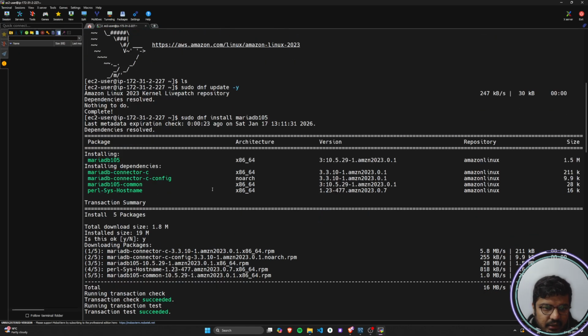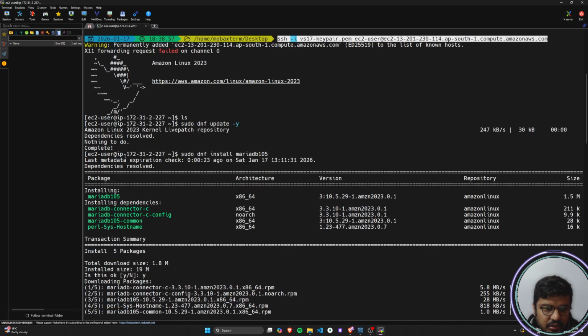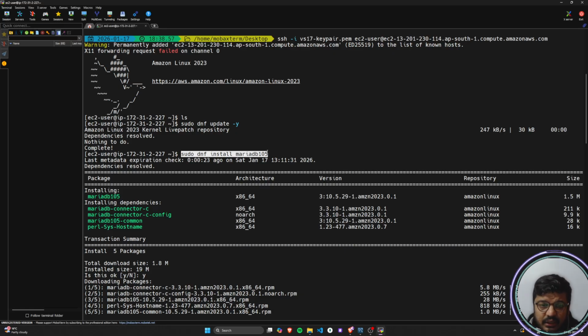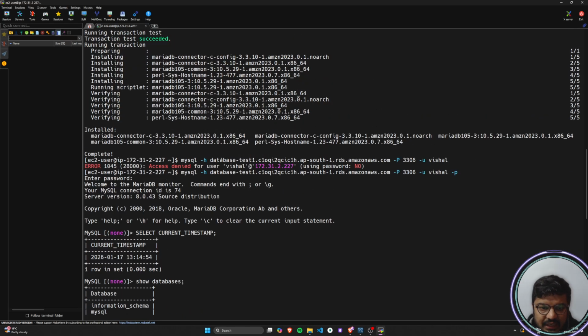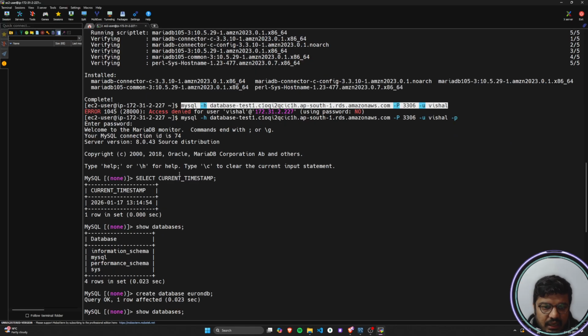So after connecting to the instance, I did what? In this command you can see here I tried to install the database client. After installing it, I connected to the database using this command, and once I used this particular command, I got connected to my database. Now if I copy this whole command,